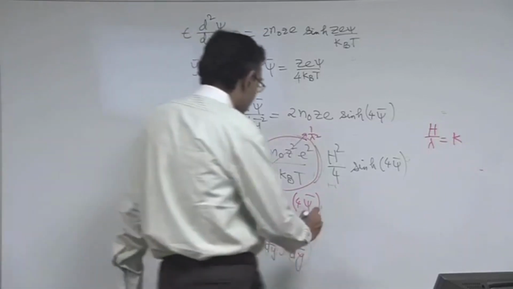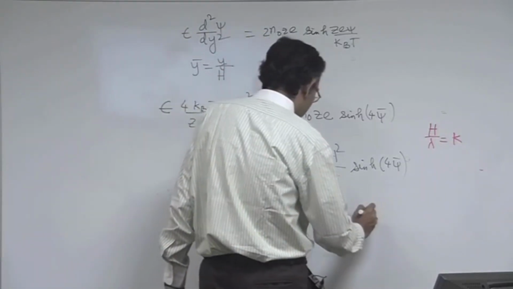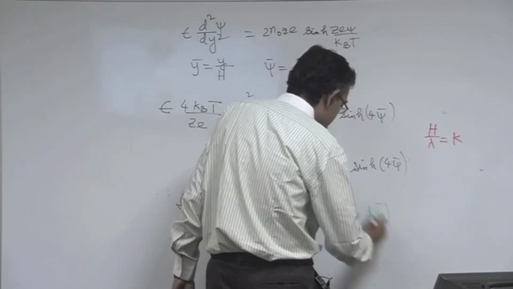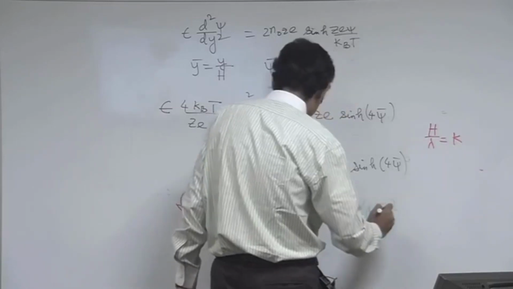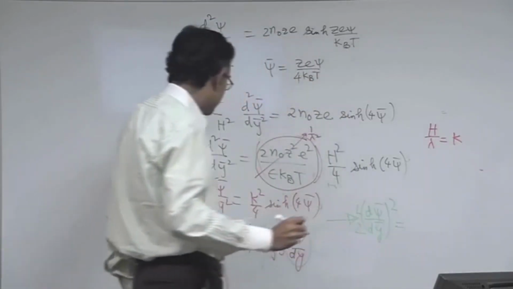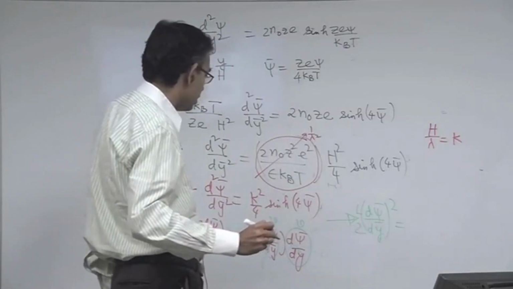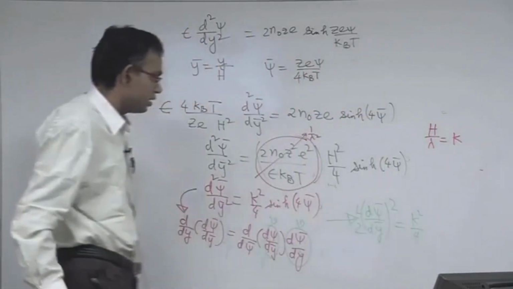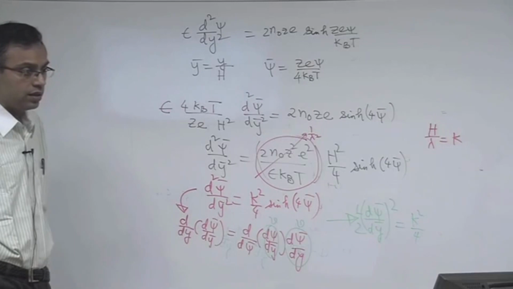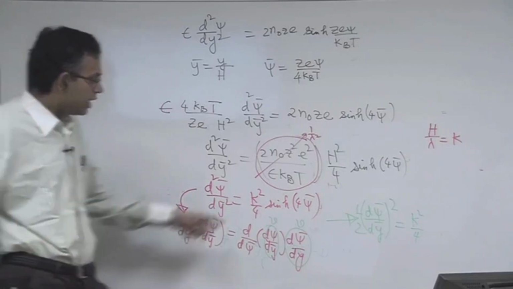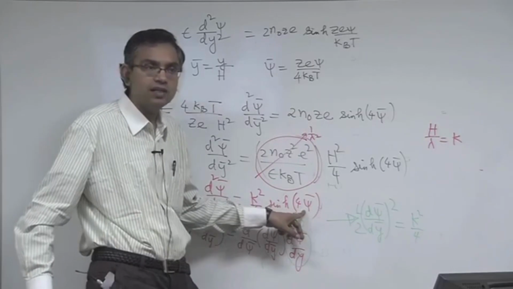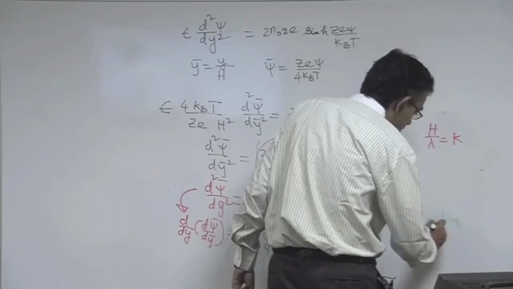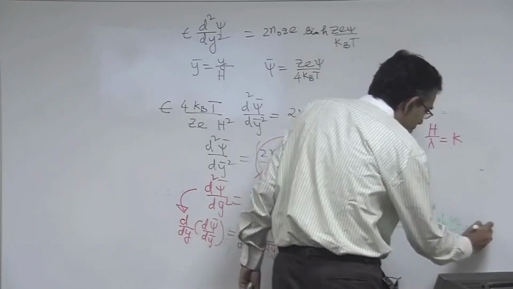So what you get is d psi dy square by 2 is equal to k square by 4, sinh 4 psi integrates to cosh 4 psi by 4, plus some constant C1,